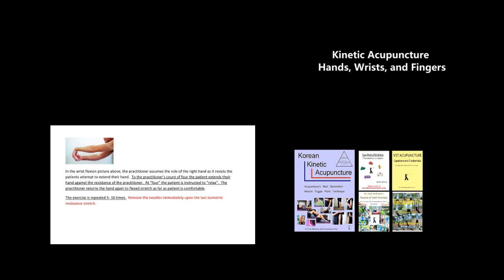So once again, you're flexing the hand and then the patient is instructed to lift their hand up to extend against your own resistance, the practitioner resistance. They count 1, 2, 3, 4, and then you relax and you return the hand back to the fully flexed position as far as the patient is able and comfortable. And then you instruct them to extend the hand again, 1, 2, 3, 4, against your resistance, and then you